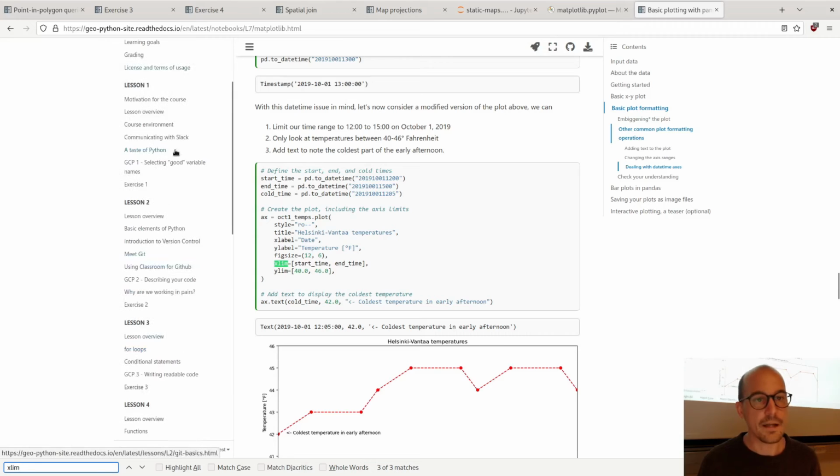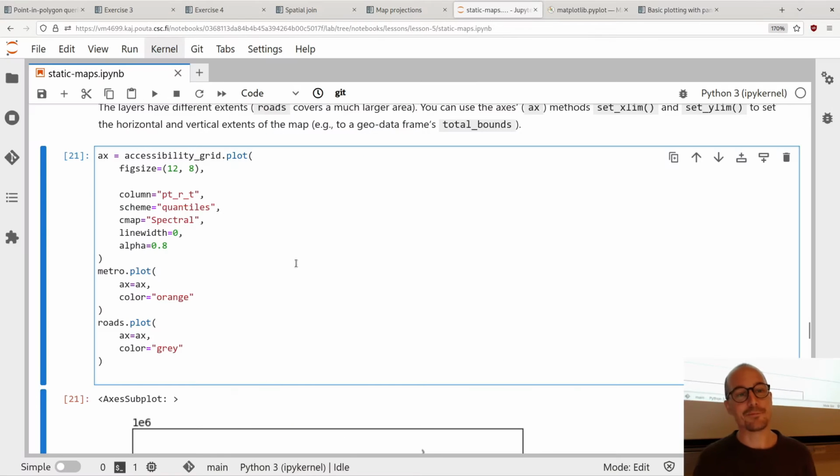Okay, it's somewhere in here. I promise, but we can just use again on this axis